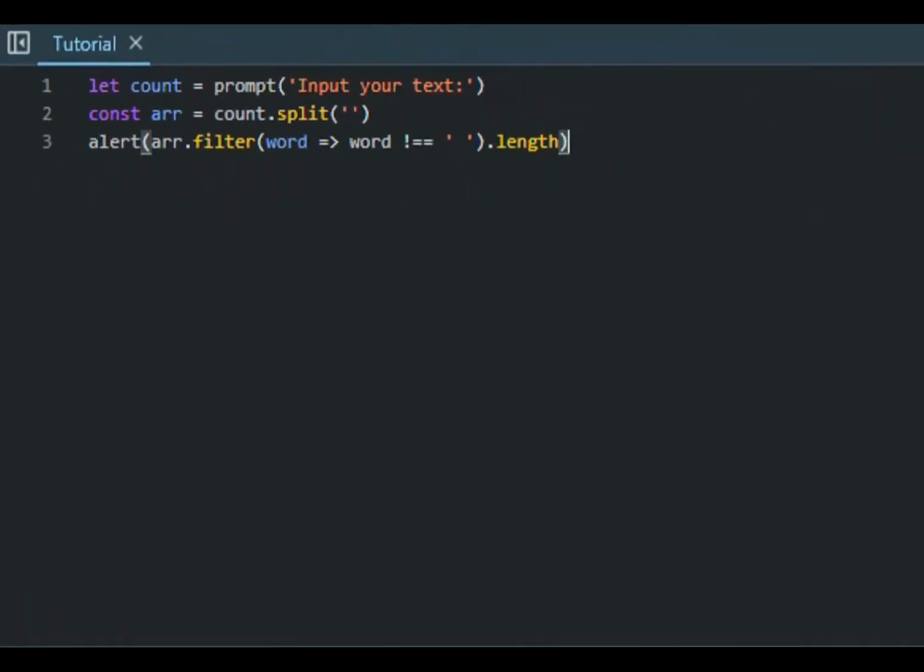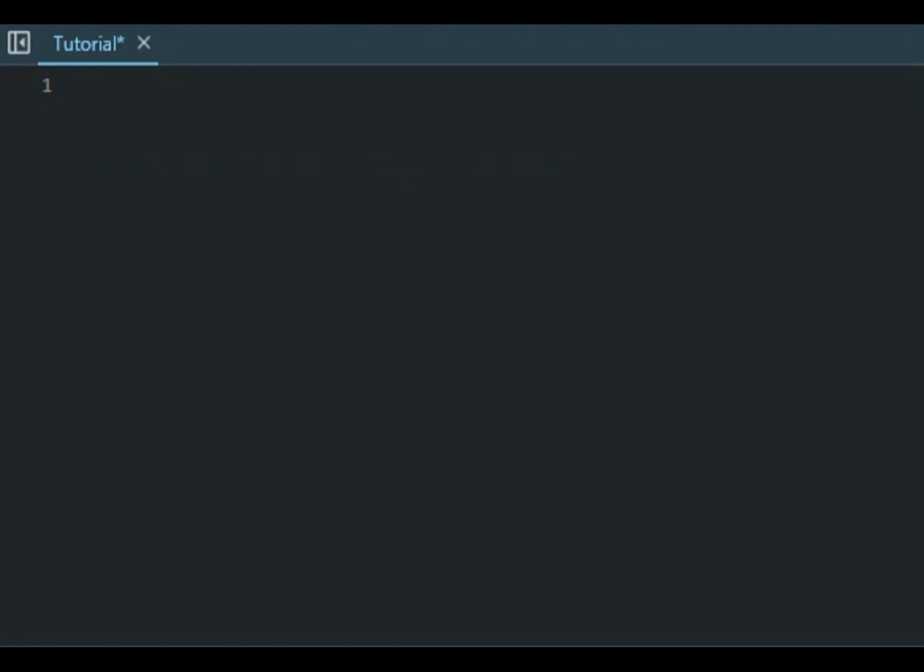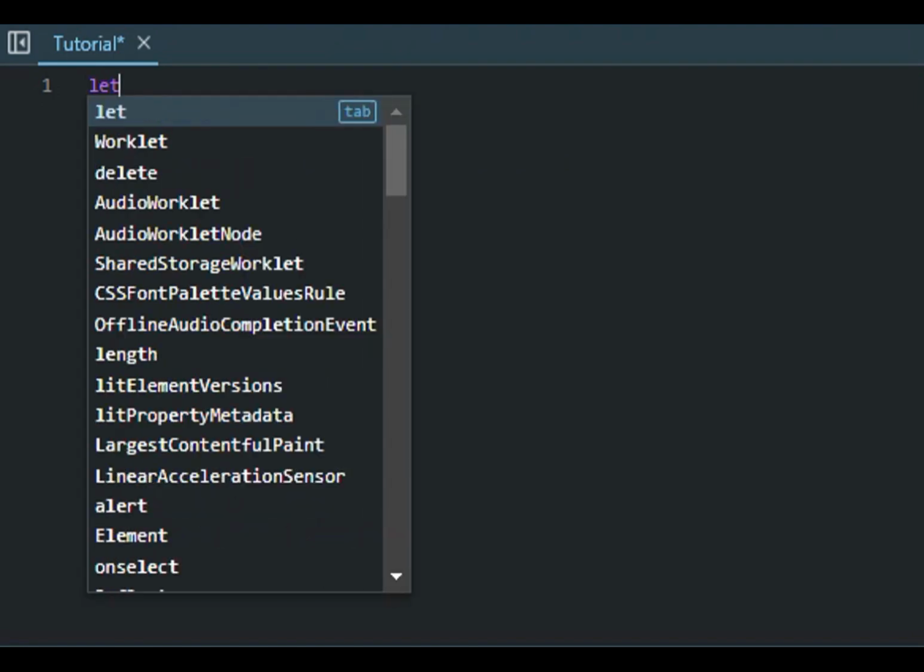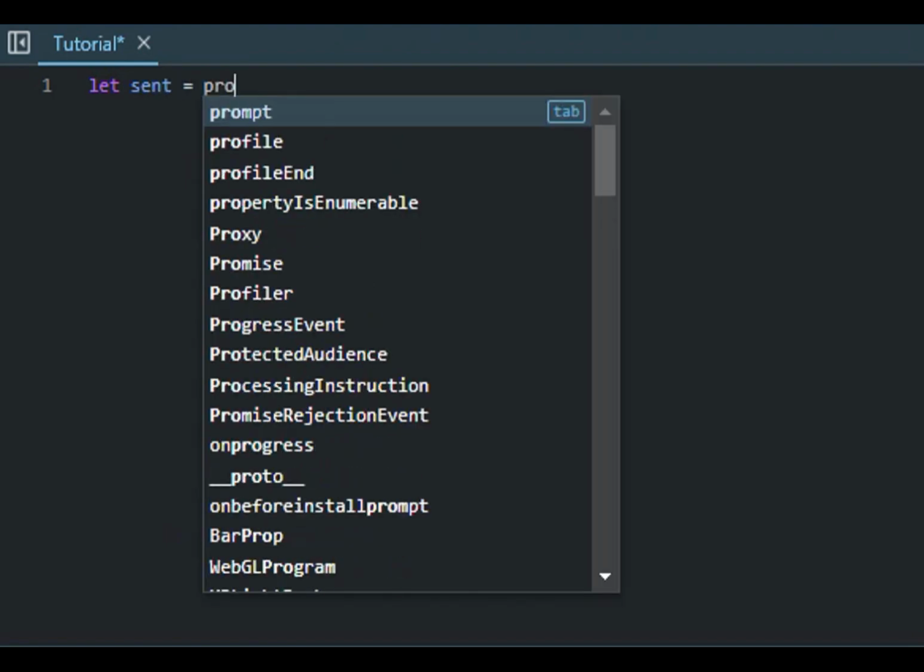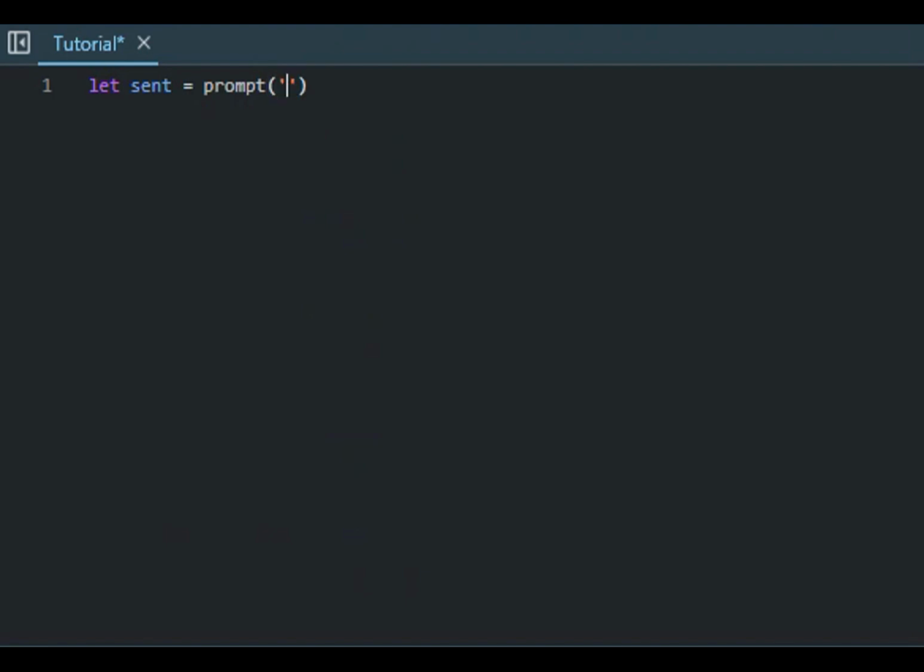Okay guys, let's go to the next simple thing you can do. It is actually called a word counter. Okay, this one is quite simple. This is going to be let cent equals to prompt, input your text,